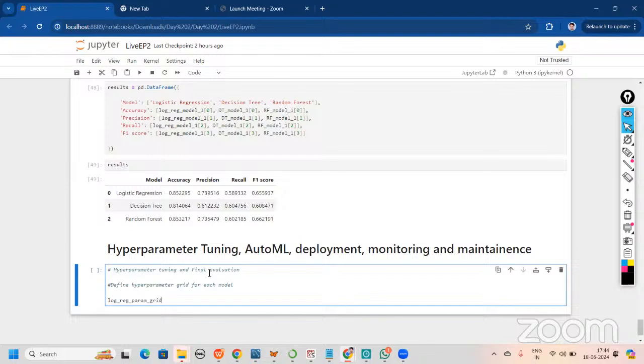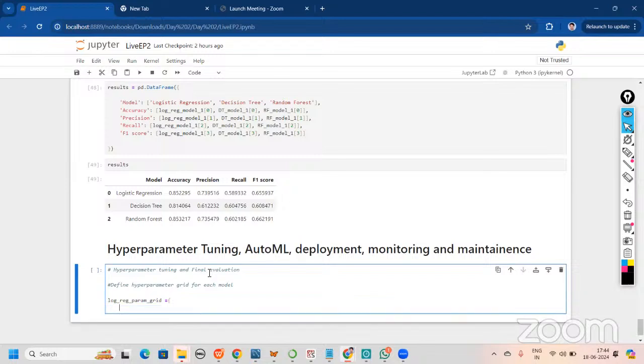Now, what is this parameter grid? We are just giving every hyperparameter that will be needed here. Logistic parameter grid, and we will take it as a dictionary. We have solver. We have seen this, right? Solver as one of the hyperparameters. Of course, small s. Solver we talk about, and it is